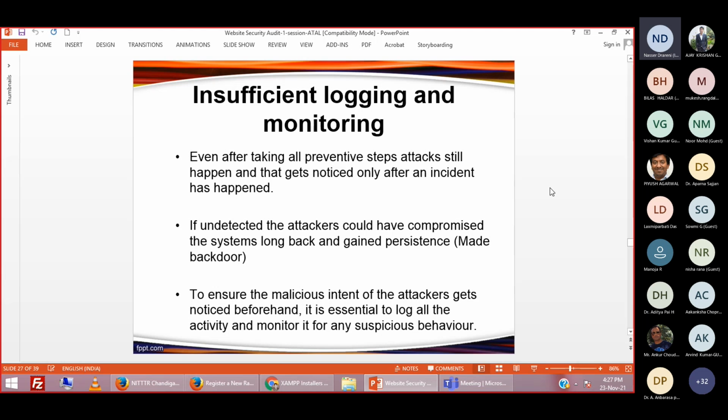They have created a backdoor, and they have got persistent access to your system. After that, even if you have taken all the preventive security arrangements, your website will not be protected, because the hackers may have left a backdoor in your system, right? So they may be doing some improper activities using your system in odd hours, right?